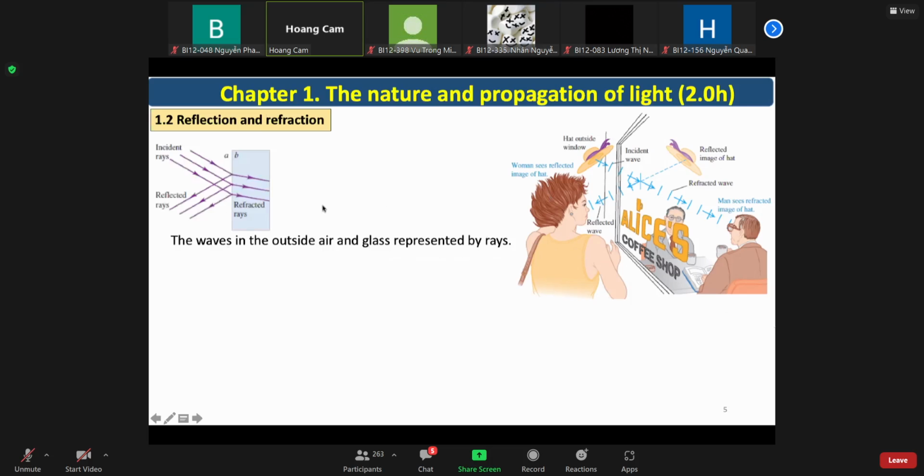The incident rays come from outside in air, in material or medium A, and when they meet the interface or the surface between material A, or medium A, and material B, or medium or environment B,